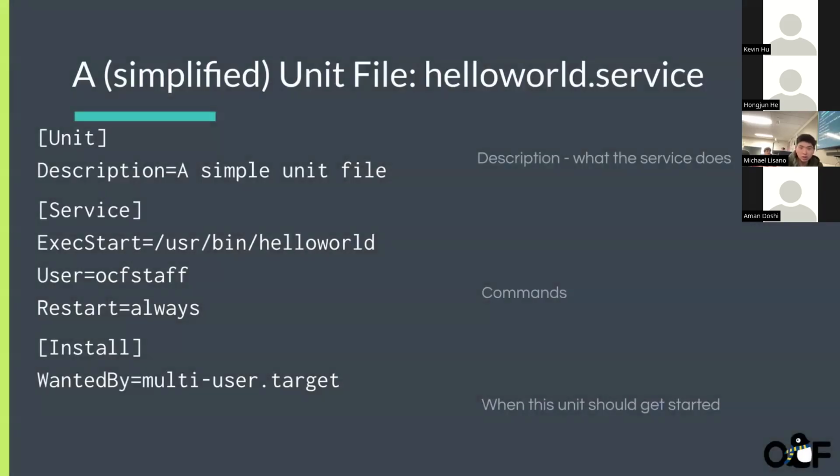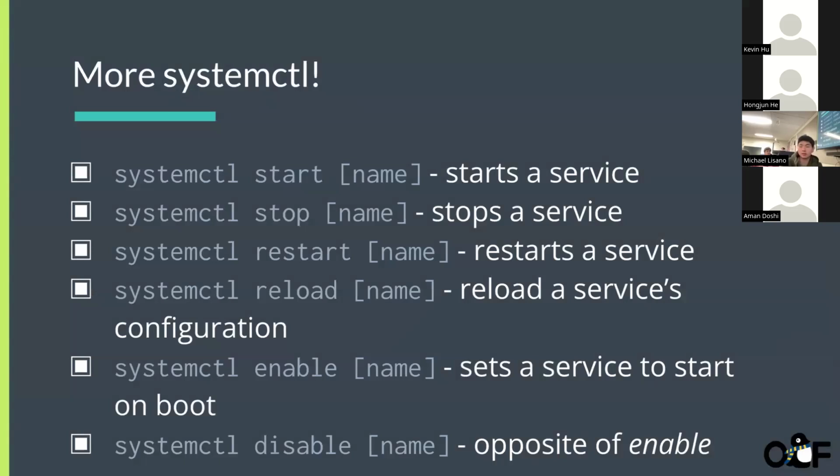If anything over here changes, then you're going to have to reload the status. Systemctl enable essentially sets a service to start on boot, and systemctl disable does the opposite of enable. It just prevents the service from starting on boot. Are there any questions so far?